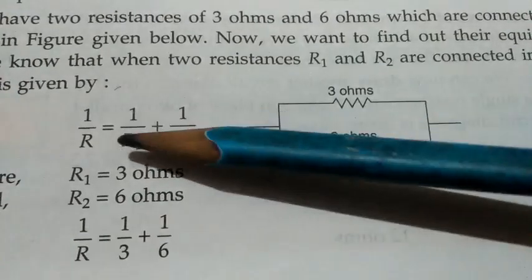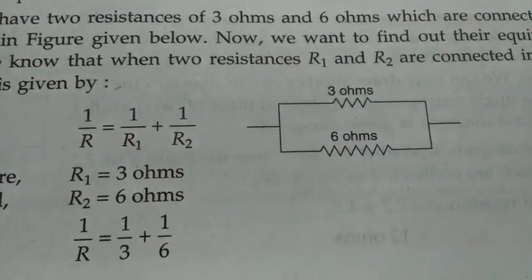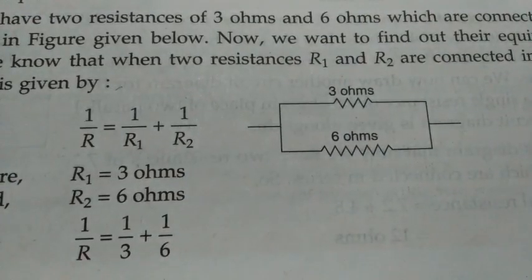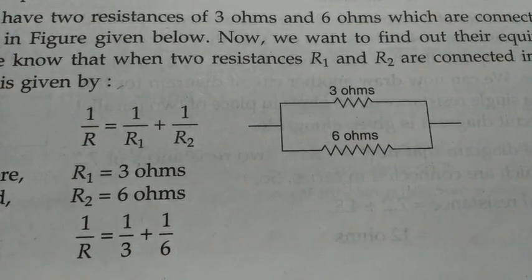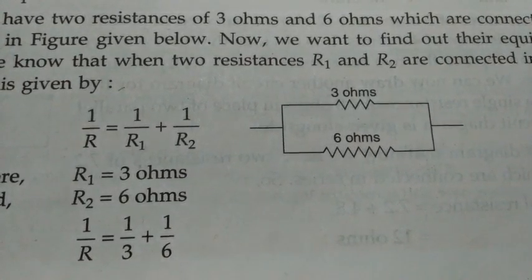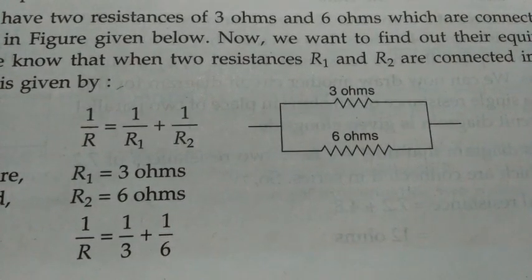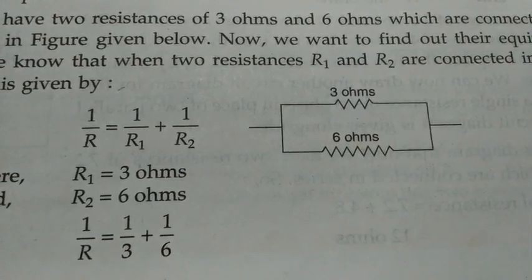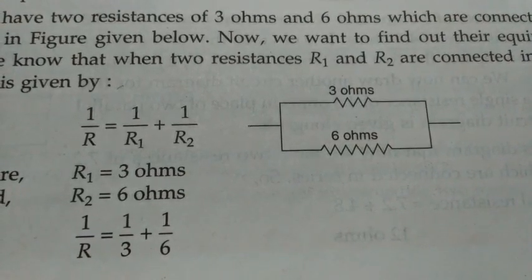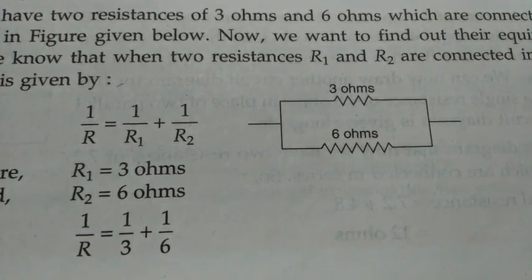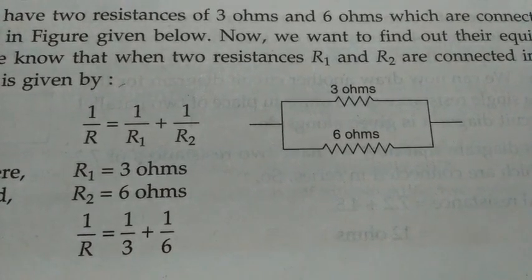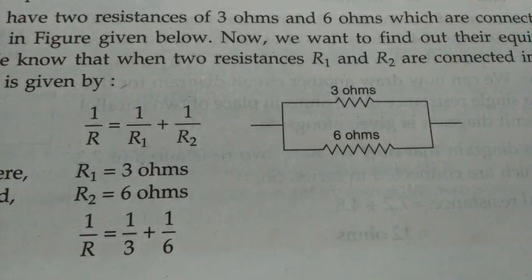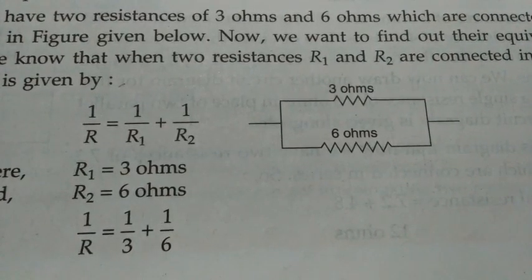We know that for parallel combination, we have the reciprocal of the resultant resistance. You must be very careful about this: here the value of the resultant of parallel resistance is not given directly. Here we have the formula for the reciprocal of total resistance. The formula for total resistance in parallel combination is not given directly.